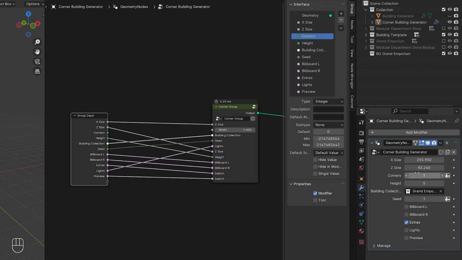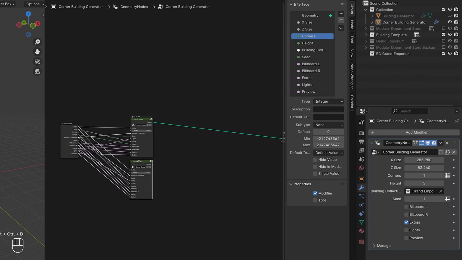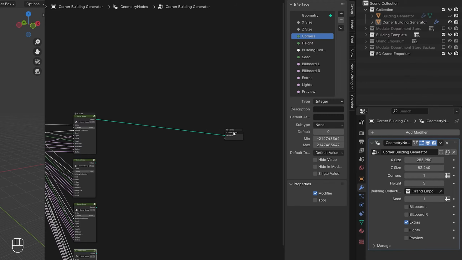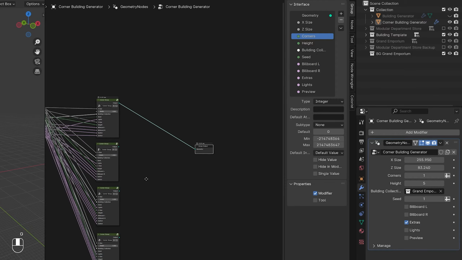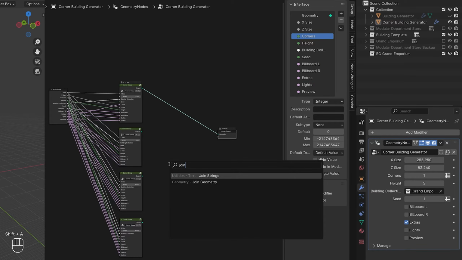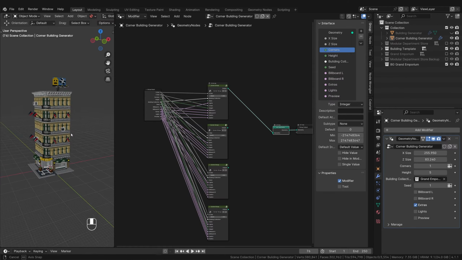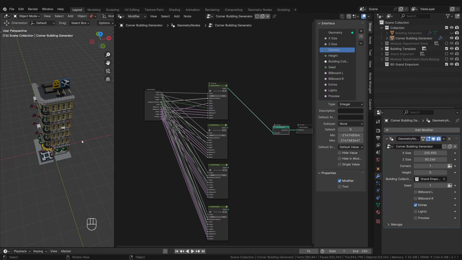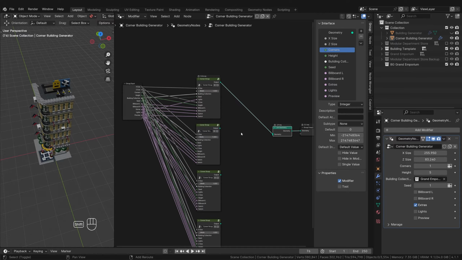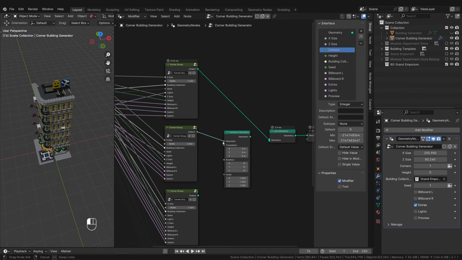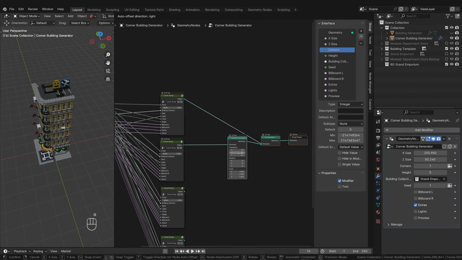And the way we create the corners now is super easy. We need a maximum of 4 corners. So we duplicate this group using Ctrl+Shift+D until we have it 4 times. The first group fits as is, so it can go directly to the output. The others will be added at some point, so we can connect the join geometry node right away. The second group moves to the right and must turn 90 degrees counterclockwise, so we connect it to a transform geometry node. So that we can see what we are doing, we connect it to the join geometry node.